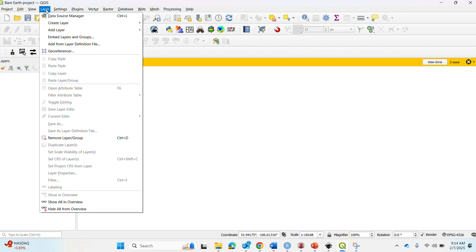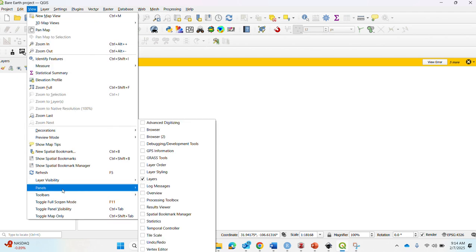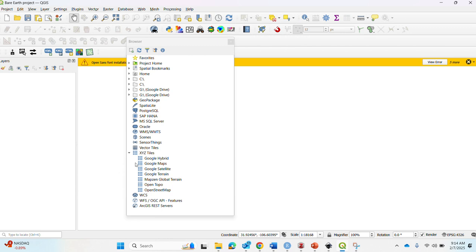And to do that in QGIS, usually when you start the program fresh, it has your browser window open. I use the browser so rarely that I keep it closed, but you go into View, Panels, and then Browser. And you open that up, and you have XYZ tiles that are things you can make. We've already done that for this class, we'll do it in another video, that you can add in